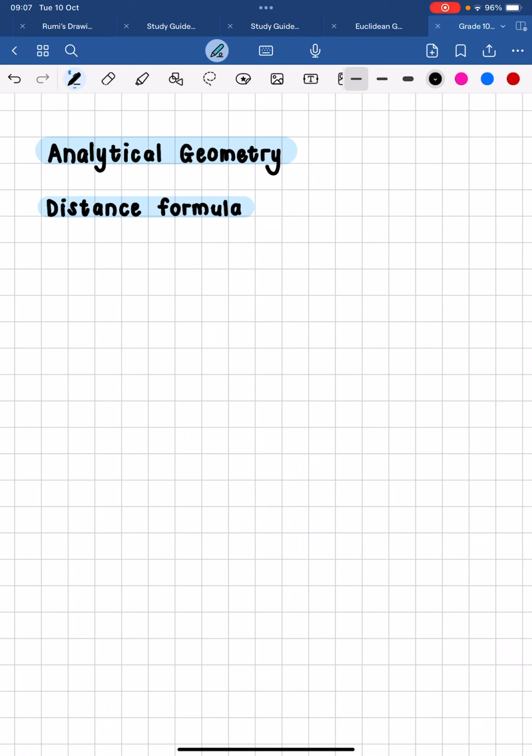Now the distance formula you need to memorize, right? In grade 10, you don't get a formula sheet, or you don't get a list of formulas. You need to actually memorize all of the formulas that we're going to be doing. So if you have 2 points, I'm going to write here the distance between